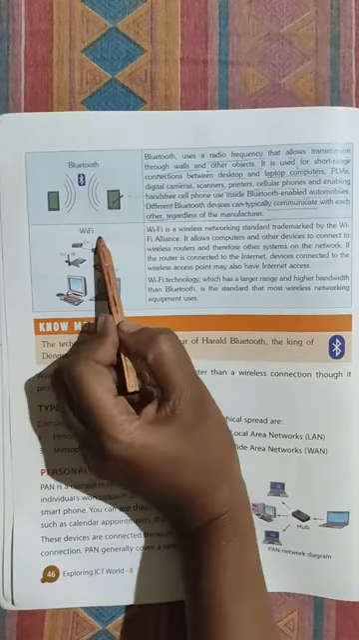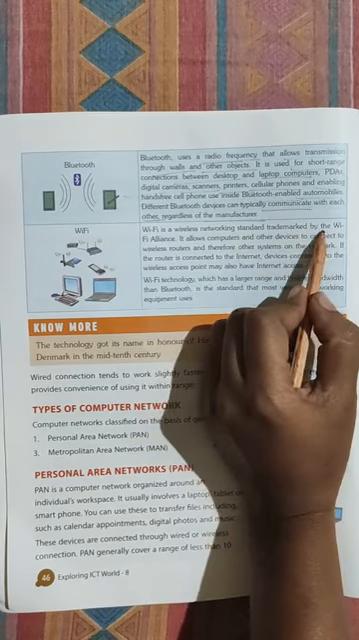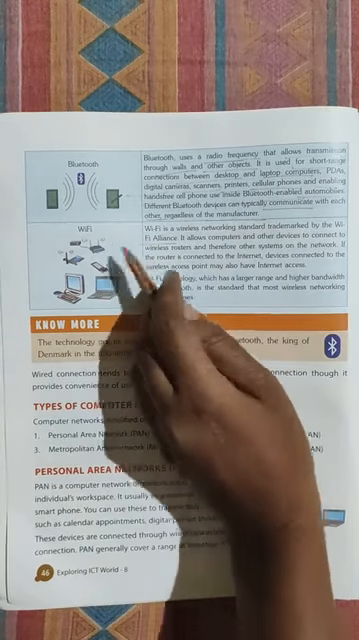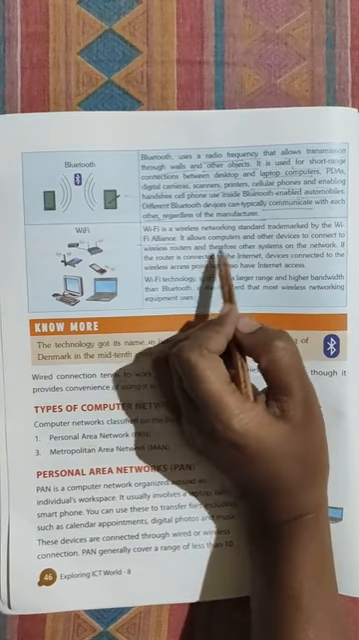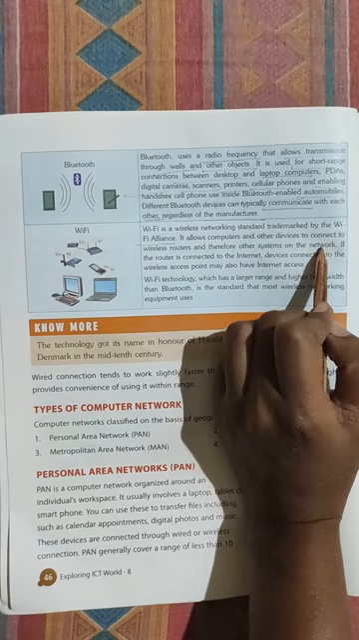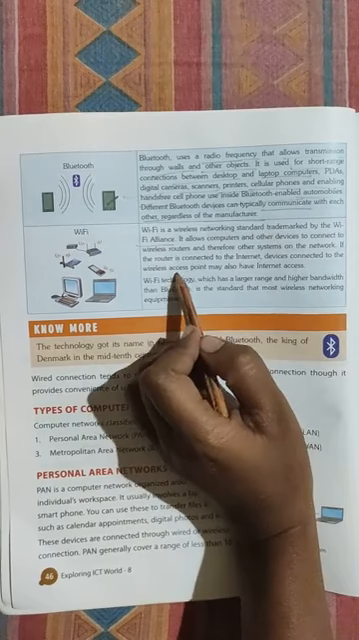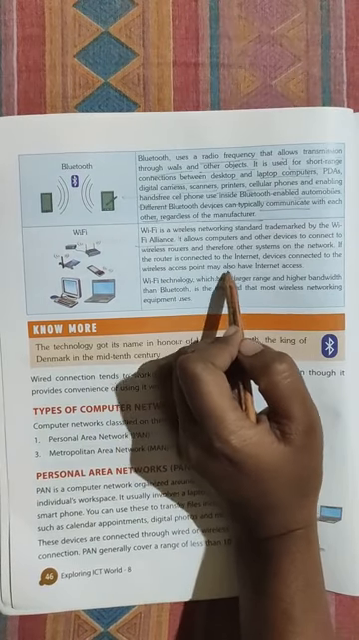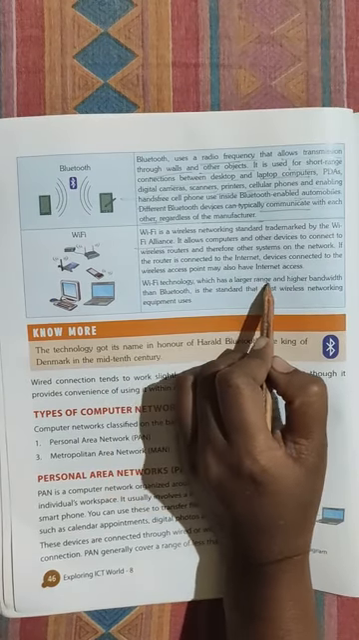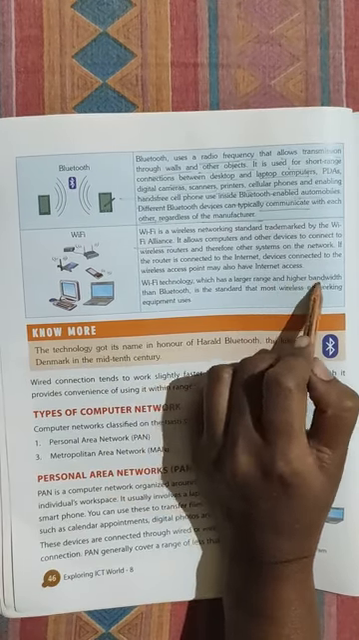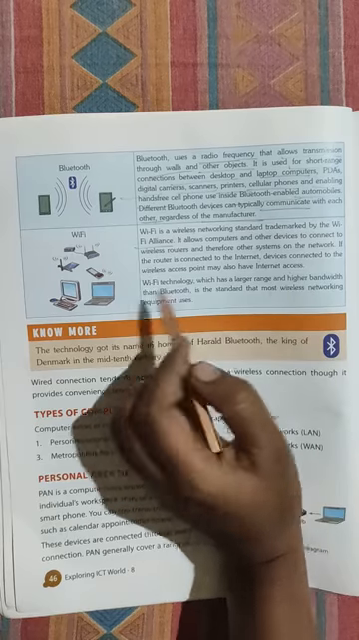Okay. Now Wi-Fi. Wi-Fi is a wireless networking standard trademarked by the Wi-Fi Alliance. It allows computers and other devices to connect to wireless routers and therefore other systems on the network. If the router is connected to the internet, a device connected to the wireless access point may also have internet access. Wi-Fi technology, which has a larger range and higher bandwidth than Bluetooth, is the standard that most wireless networking